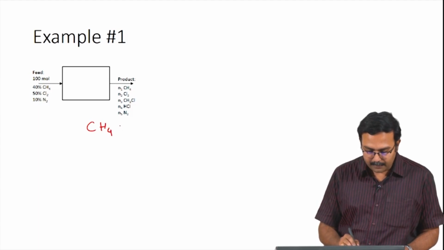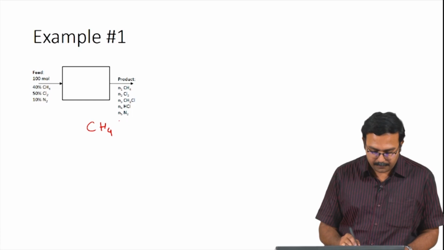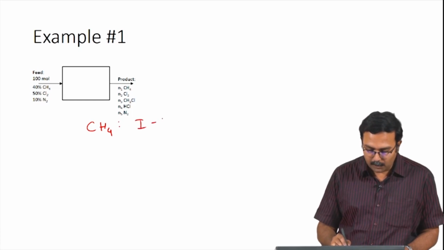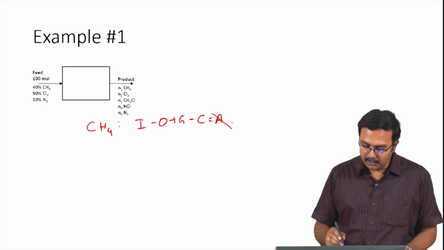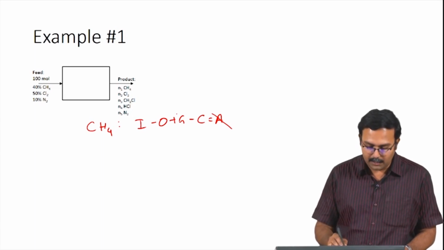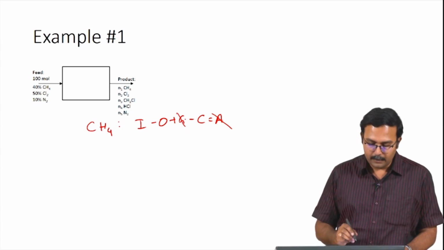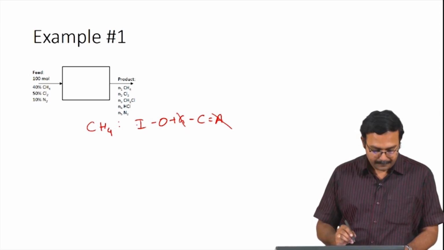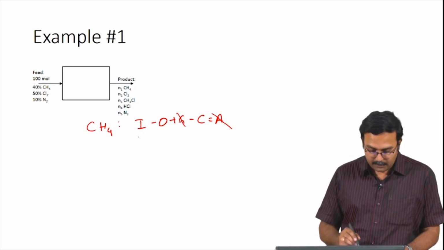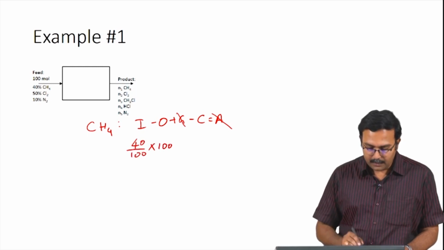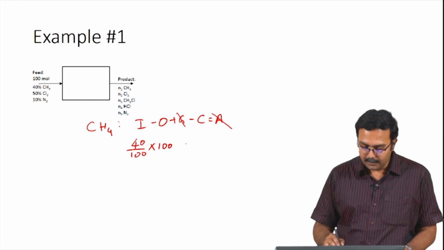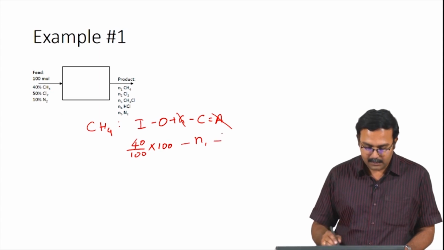For methane, the balance equation would look like input minus output plus generation minus consumption equals accumulation. Assuming steady state, accumulation goes to 0. Methane is taking part in the reaction, which means it will get consumed, it will not get generated. So, generation goes to 0, and you have both input and output terms. The input term is 40% of 100, giving you 40 moles coming in, minus the output term for methane, which we have assumed to be N1, minus consumption of methane